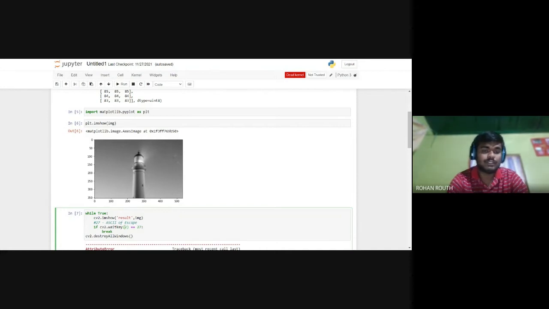So we have used the while True statement, and until we press the escape key, the output window will be continuously shown. ASCII value 27 is the value for the escape key. And at the end, we have used the destroyAllWindows statement to destroy the output window that we will be seeing.